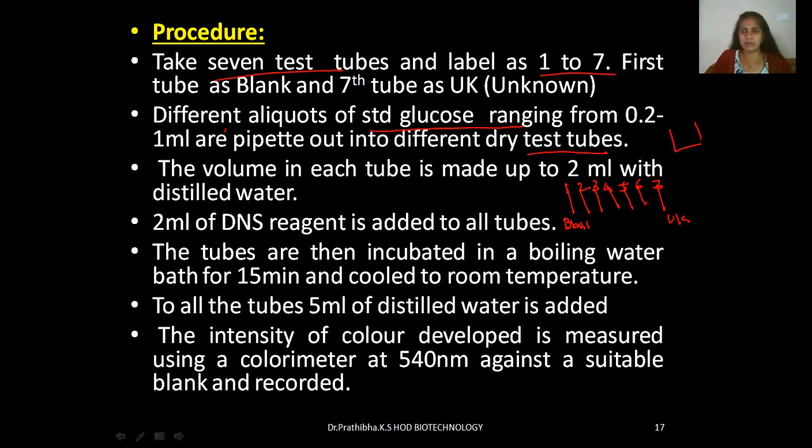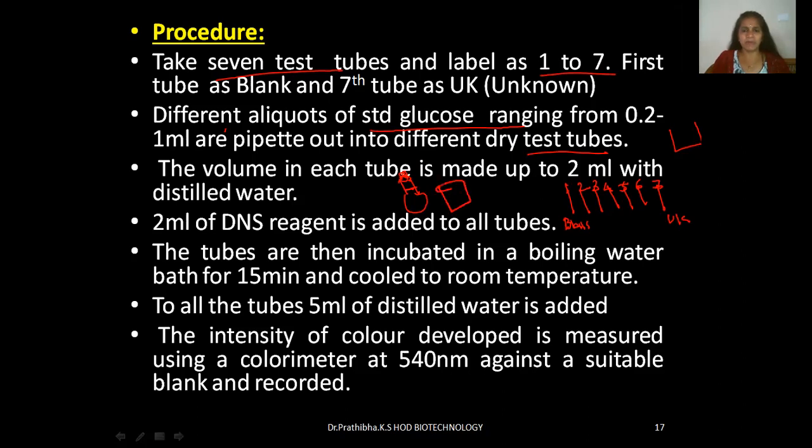So to perform this experiment, what do you need? The standard glucose. You are going to take the standard glucose. We prepared the standard glucose in a volumetric flask and plugged it with the upper lid. So you need to take this standard glucose, and from it you are going to pour into the beaker.